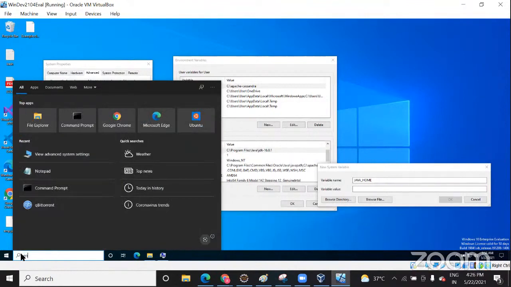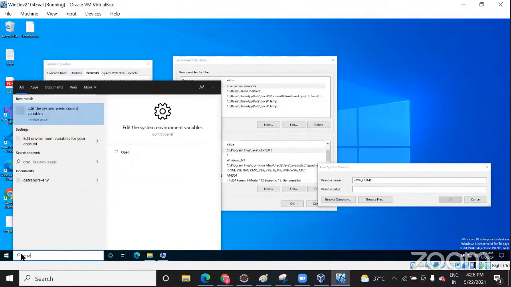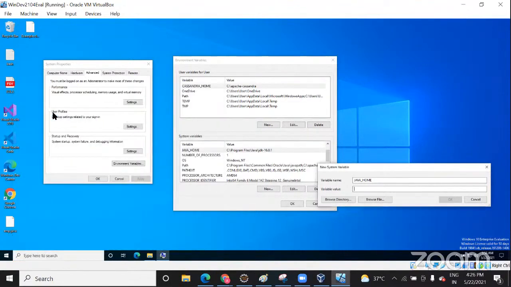Type System setting, then edit the system environment variable. When you click on this, you will get this screen, System Properties. Inside that you need to click Environment Variables.